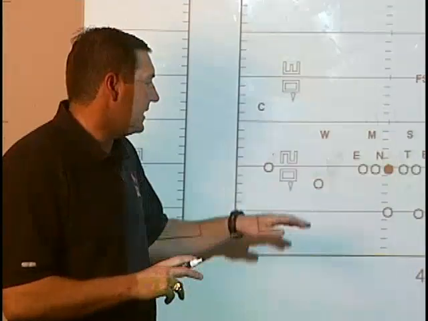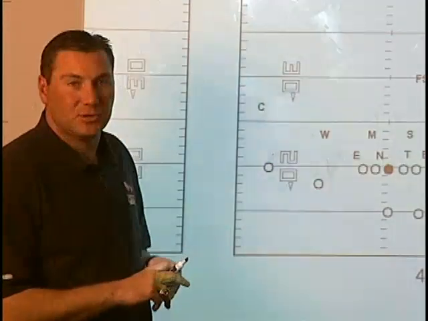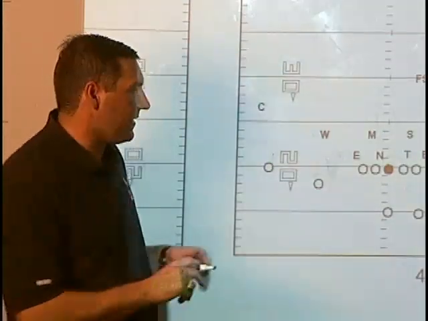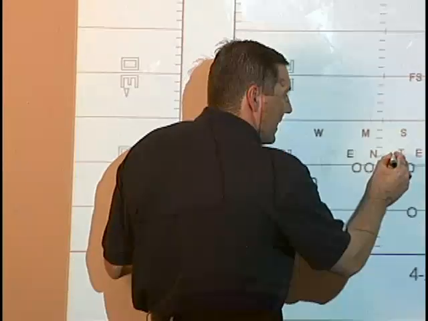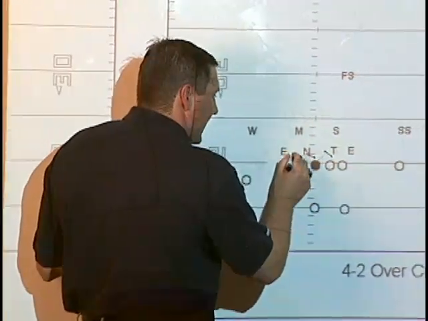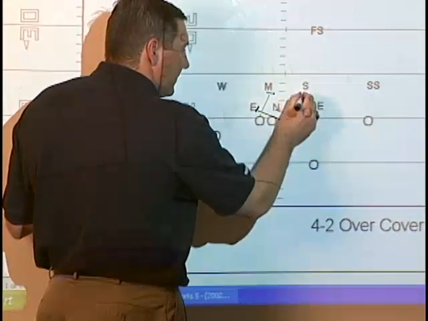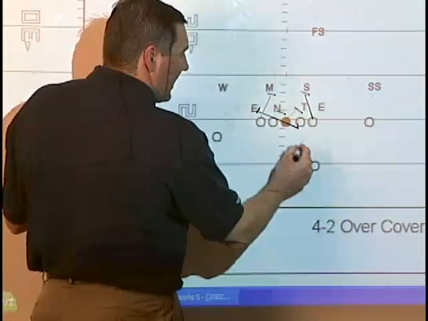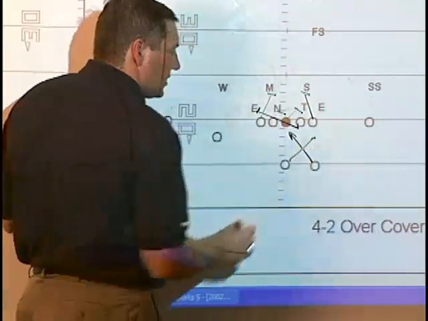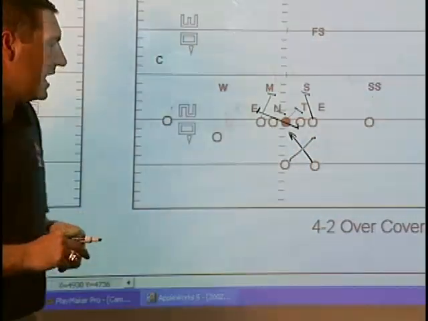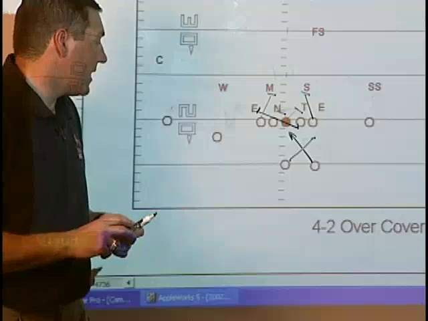The next look we have here is running the play back to a shade. We will then trap the 5 technique. We block trap as blocking back, inside releasing our tackle, and now we'll block the 5 technique trying to cut off the backside backer. The ball exchange for the quarterback and the running back does not change in any way,